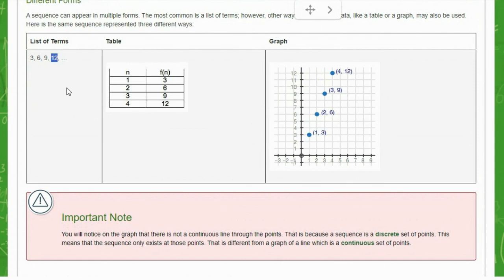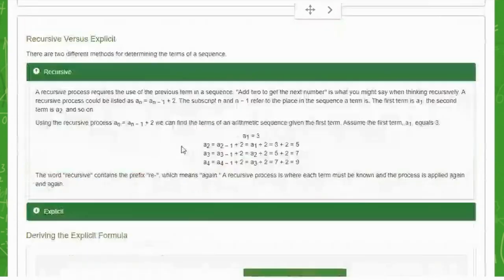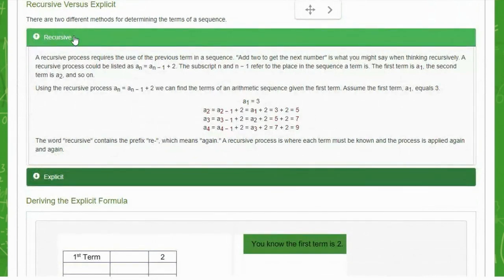You'll say, it's 15, Mr. Brock. That's easy. I said, great. What's the 33rd term in that sequence? And then you're like, can you tell me what the 32nd term is? Because if I could tell you the 32nd term, you could tell me the 33rd term. That is the recursive method of finding the terms of a sequence. As long as you know the term before, you can add the common difference and tell what the term after it is. So we have a formula for that, and I'm going to put it up here on the screen